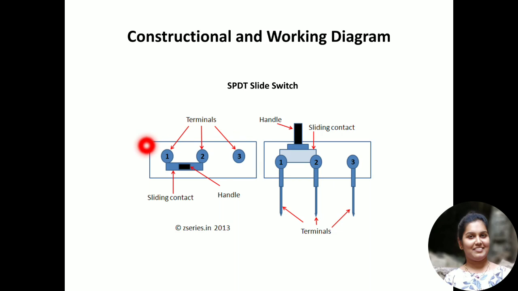Okay, so it can stay between the terminals 1 and 2, or it can come back to terminal 2 and thereafter make a contact between 2 and 3. So that is, with a single pole, we are throwing the slider switch into two electrical circuits.